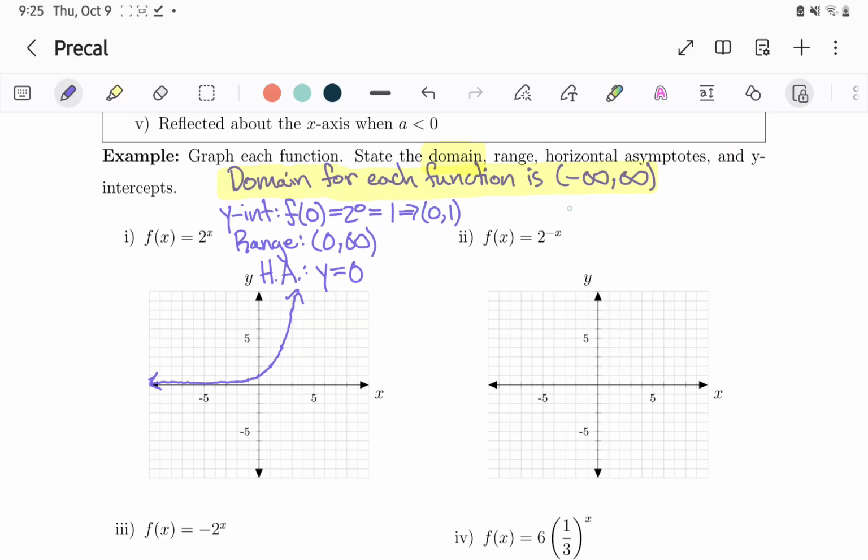So let's start off by just stating what the y-intercept is. Evaluating f at 0, this is equal to 2 to the minus 0, which is just the same as 2 to the 0. So this is still equal to 1. So we still have our y-intercept at 0, 1. Okay, the domain is again all real numbers. The range,